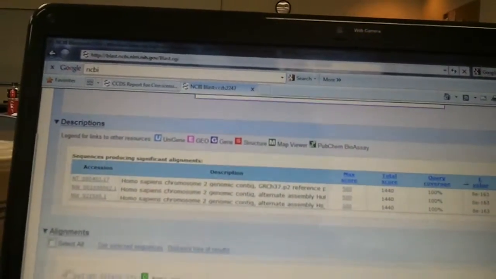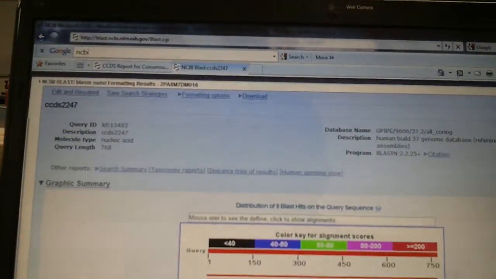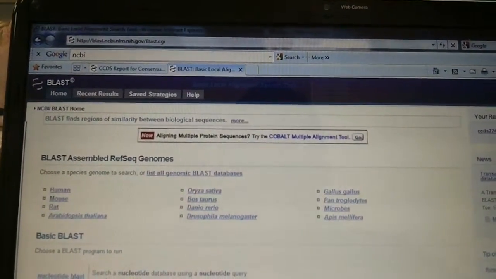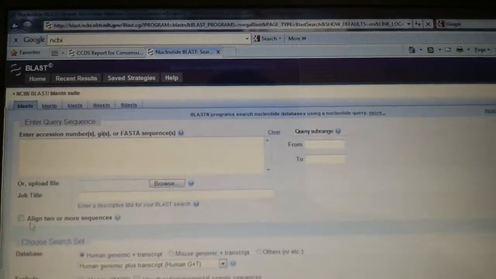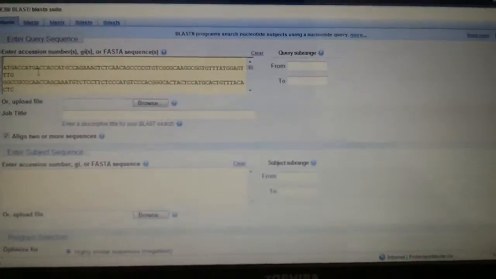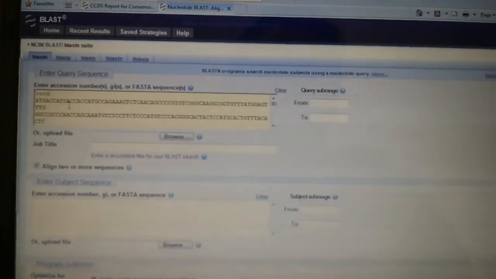And so these are the ones that it came up, and they're all identical. Isoform 1, isoform 2, and so we're gonna go back to BLAST and BLAST. Here we go. Align 2 or more sequences. That's what I was looking for. So we hit Control V, and I'm just gonna label this CCDS